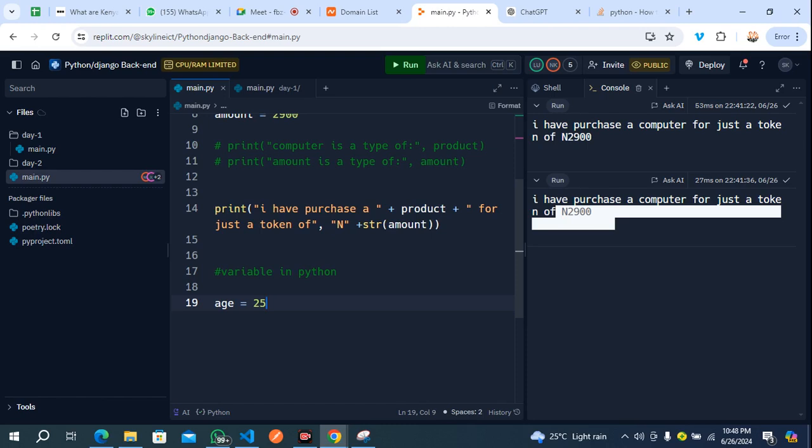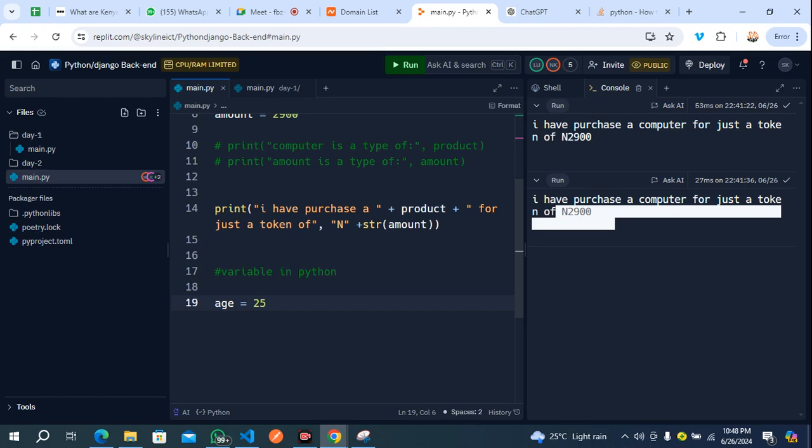So, a variable name is a name that refers to a value. A variable is a name that refers to a value. So at this moment, referring to a value using the equal symbol, the name which is referring to that value is called what? A variable.